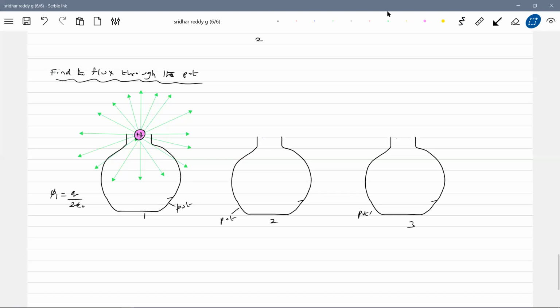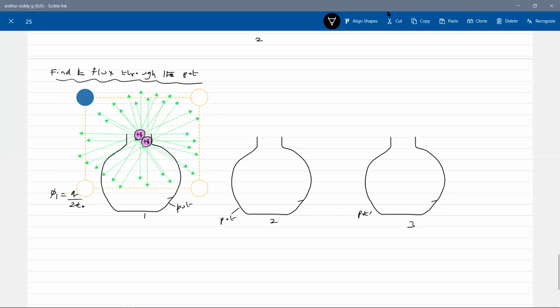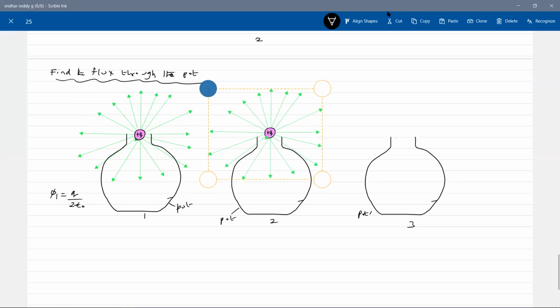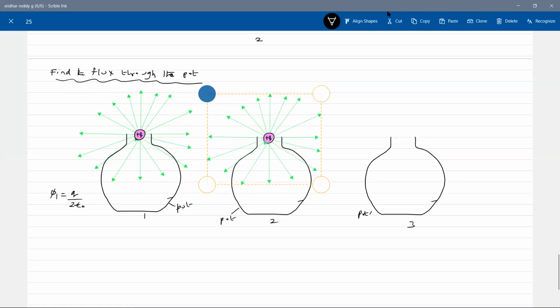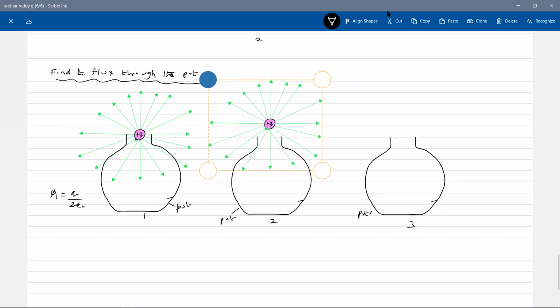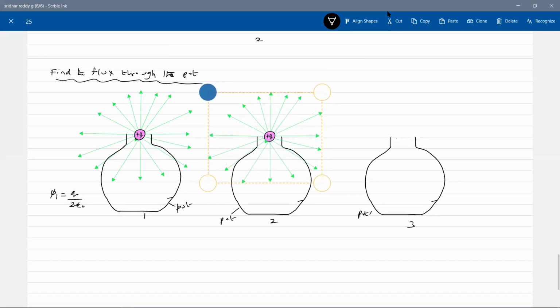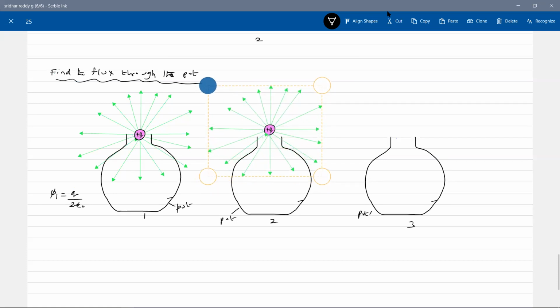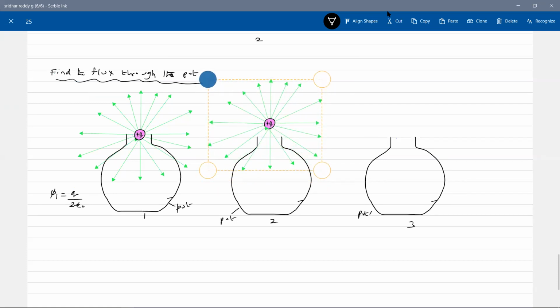Now what I do is, if it is exactly the mouth, again, how much flux will it be? How many lines of force? 7 lines of force will pass. If I just move above, how many lines of force? I think less, no? Are you able to notice? Some around 3 only. If I keep it exactly at the mouth, it will be 7. If I move above, the lines of force passing through it will become less than 7. So what happened to flux? Flux will decrease. Getting the idea?